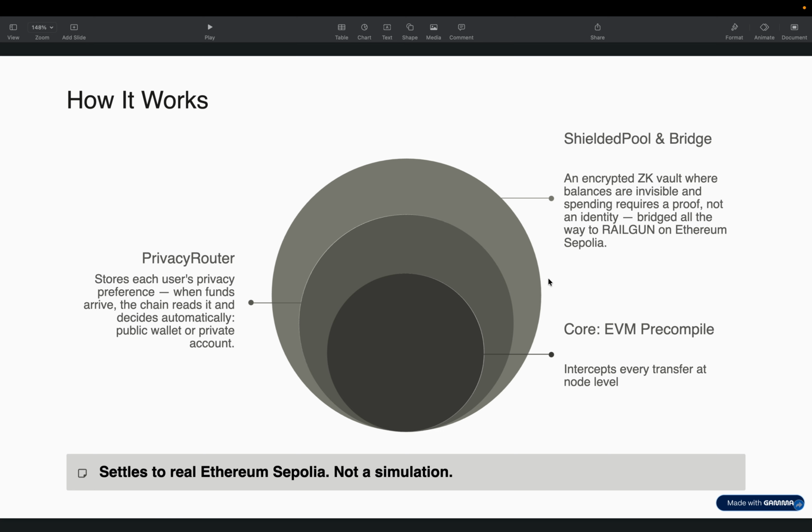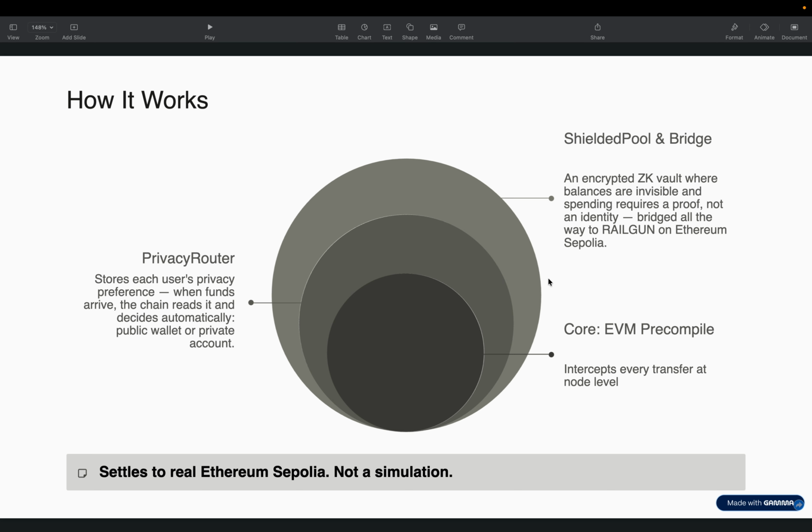So how does it work? We have tweaked an EVM precompile which intercepts every transfer call at node level. When it intercepts, it uses the privacy router, a system contract deployed at Genesis, in which each and every user has their own rules configured. According to this privacy router, if the user wants his money in his private account, it goes into the shielded pool, else it goes into his public account as normal.